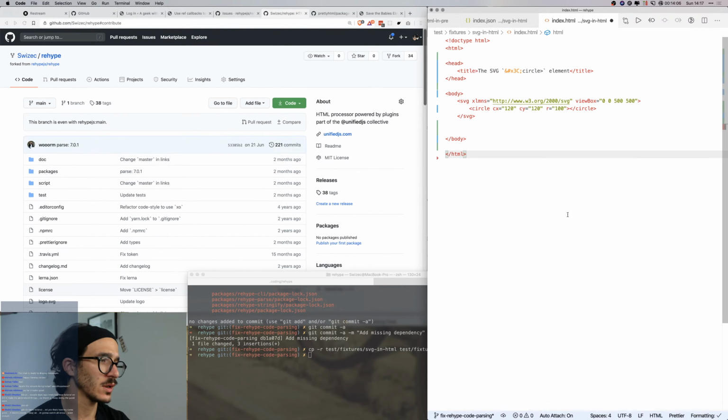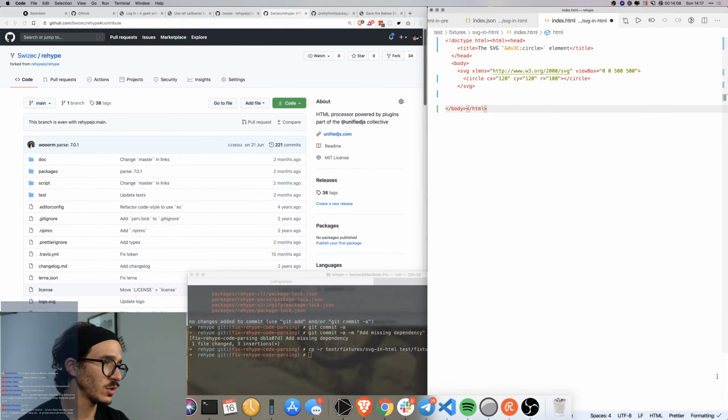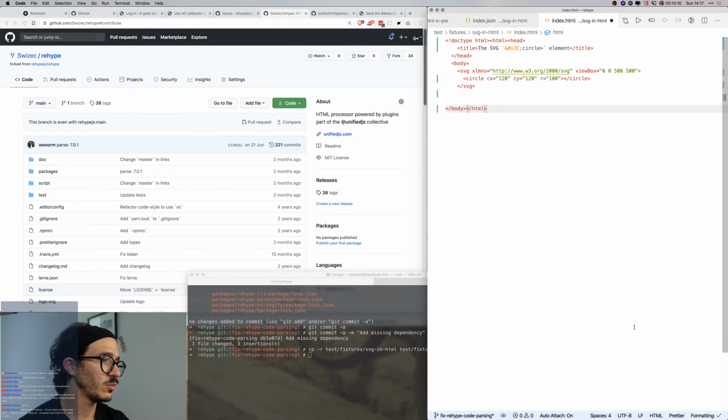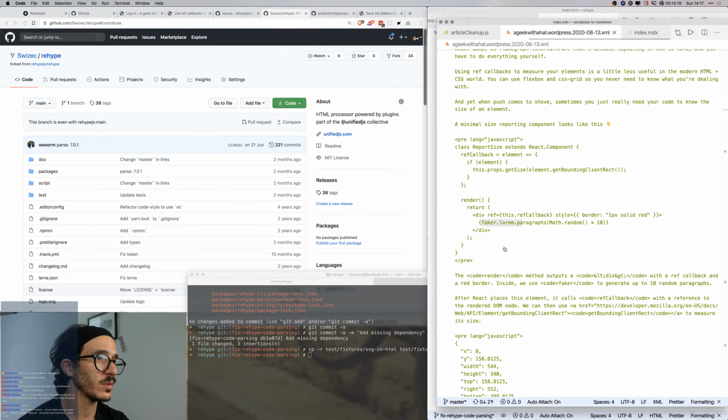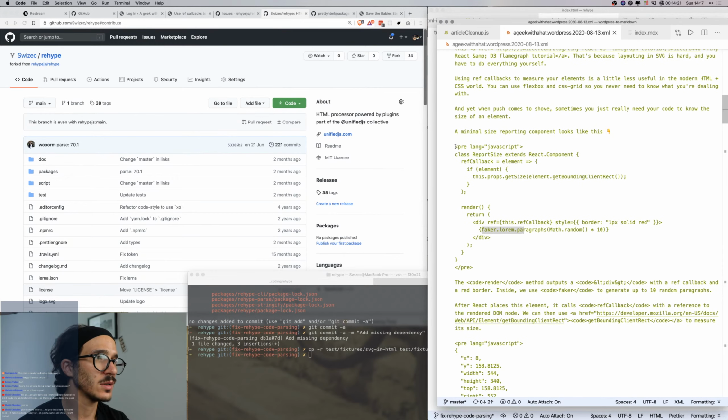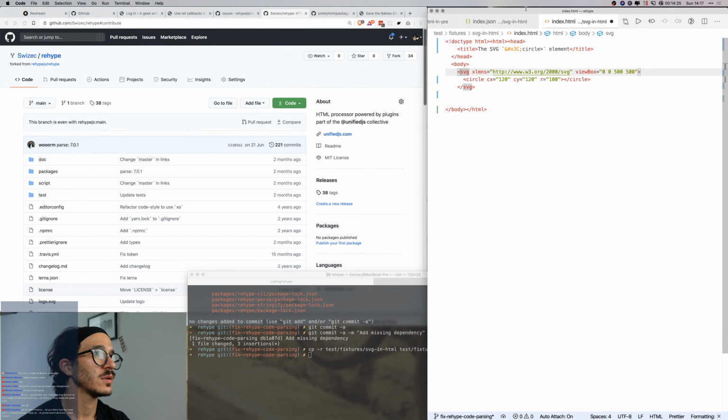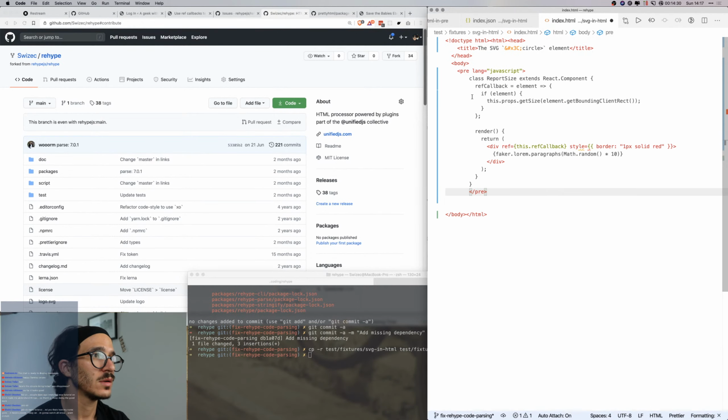Prettier needs to not do stuff, so I'm going to remove the formatting for this file. I'm actually going to copy the example from here and say this, pre-length JavaScript. We're going to put that in our HTML here.